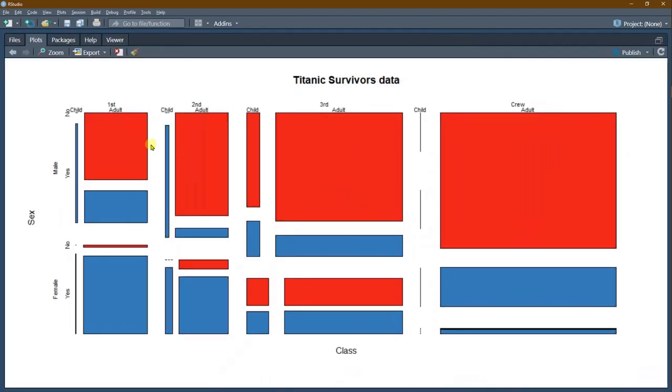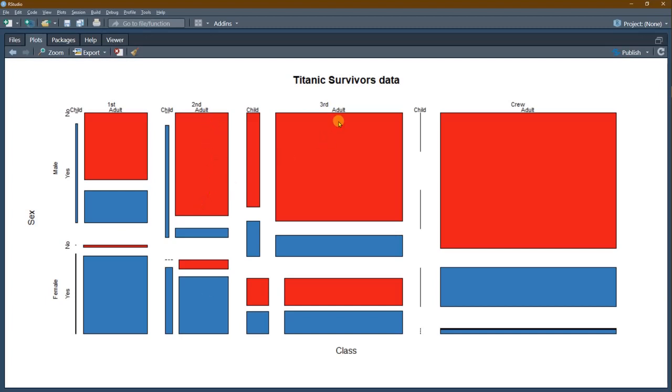And now you can see for first class the data is here for child and adult, again for female and male. If you see, most of the females who travelled in first class have survived. And in the case of males, some percentage of males have survived. All children have almost survived. In the case of second class, again women survived more and men could not survive much.